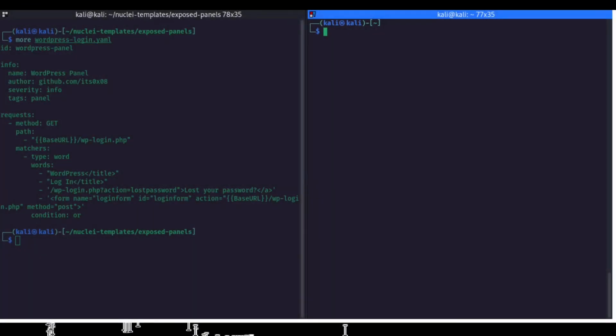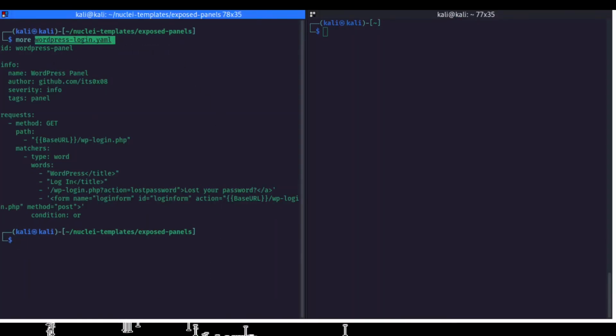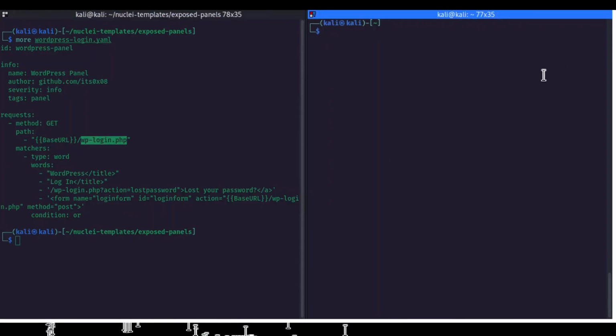Now let us talk about the exposed panels section, where we will talk about the WordPress login panel. It is useful to detect a WordPress login panel that resides on the wp-login.php URL. For the endpoints that you might be hunting down, some developers might not have taken care to rename the defaults, so you might land on that also. Let us put the script to work and see how we can leverage this. I have a WordPress installation on my network with the IP address 1.7, and we'll just change the YAML file and fire the script.